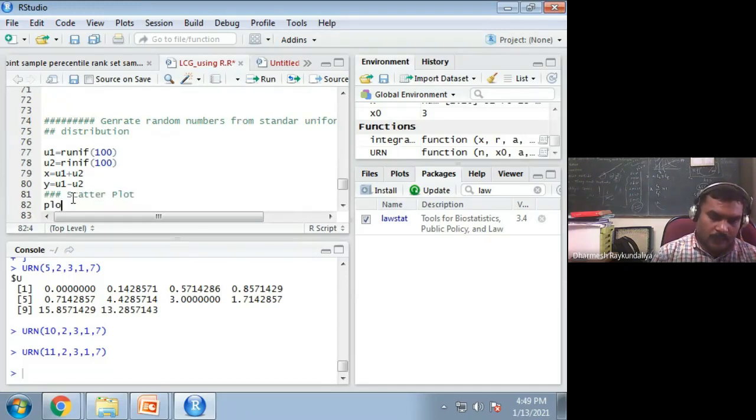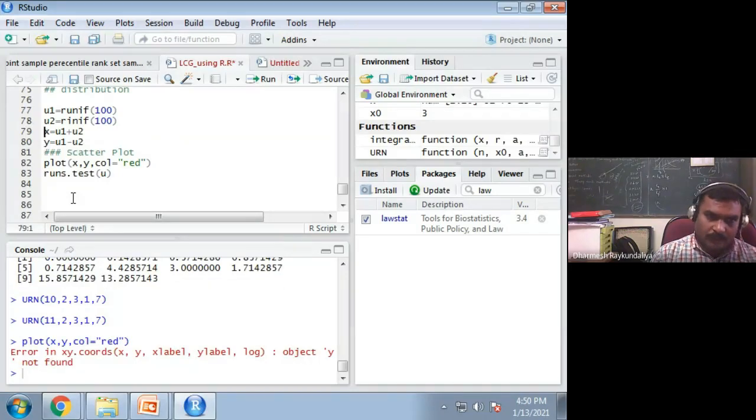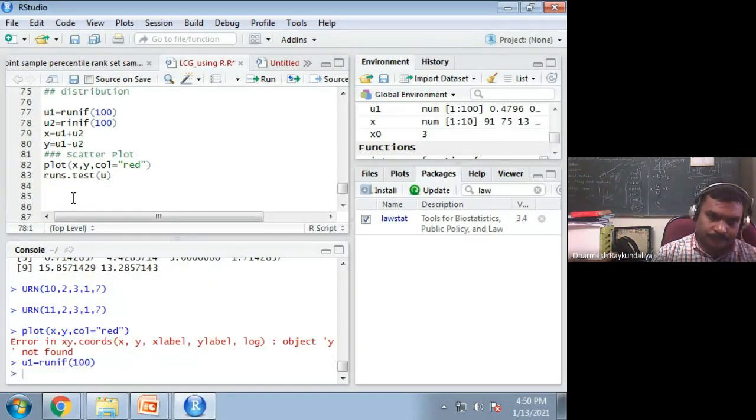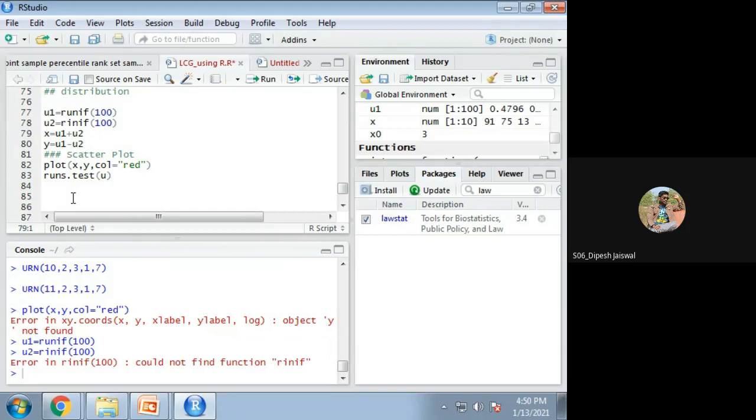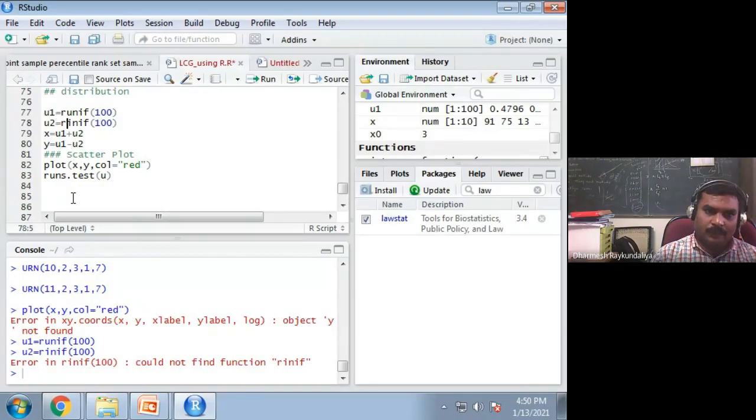So what is the command? The command name is plot. The x axis is x, the y axis is y, and I am giving color equal to red. It has given an error because I have not run this. And there was a spelling mistake in runif.